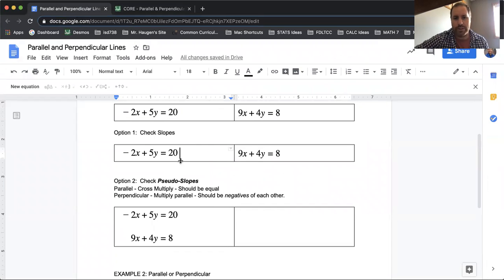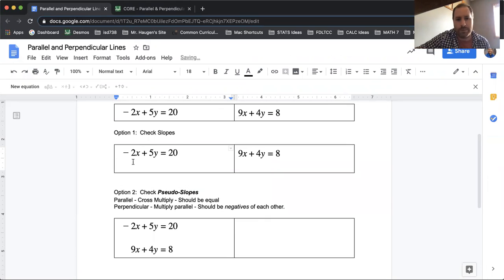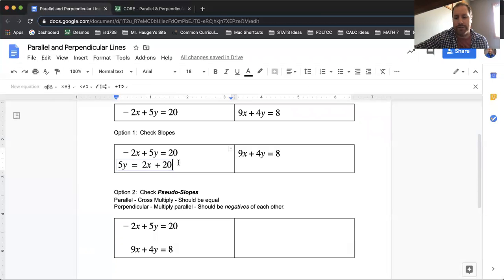So on option 1, to check their slopes, the easiest way to do that is solve the equation for y and just grab the slope right from there. Like in this one here, I'm going to work that out. If we solve this for y, we would add the 2x over, so we would have 5y equals 2x plus 20, because we would add that 2x over, and then we would have to divide everything